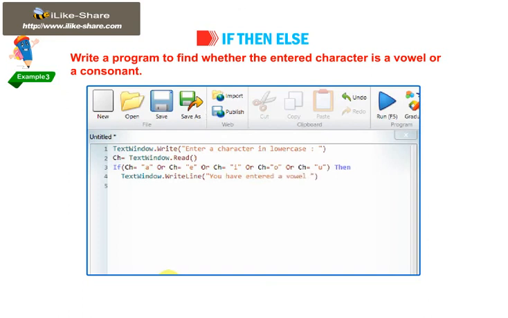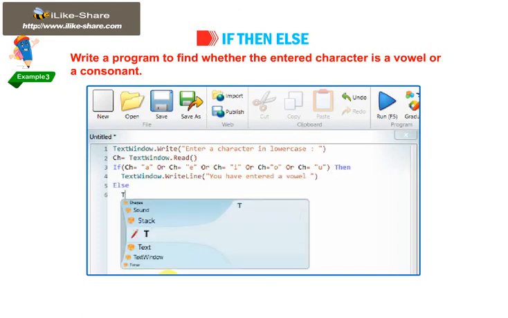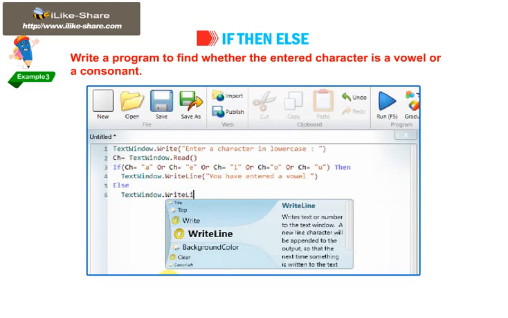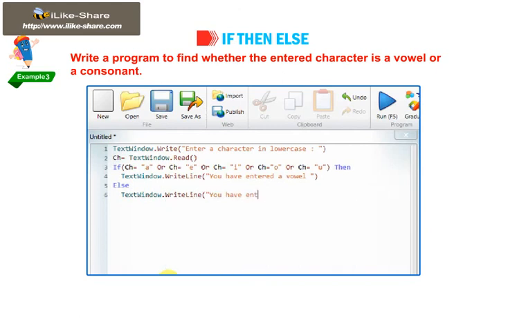Else TextWindow.WriteLine("You have entered a consonant"). EndIf.